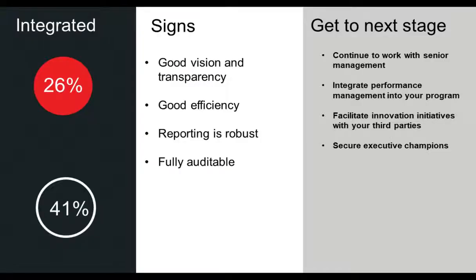Moving to the next slide. At this stage, 26% of organizations overall stated that they're at the integrated stage. And you can see those numbers go up. 41% of organizations that have had programs in place for 10 years or more are at this integrated stage. What that tells us is it takes a while to get here. This is after 10 years of managing programs and evolving in a phased way to become integrated in their approach. So, Dave, do you have any observations about the integrated stage before we move on to the agile?